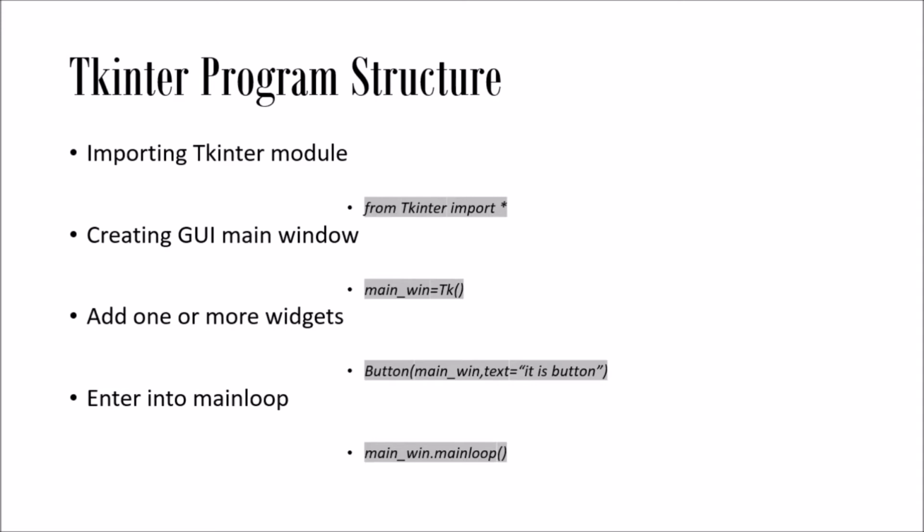Now after the tkinter program structure, next is widget management on the main window. How can you manage the widgets? Widgets mean things like button, label, entry. How can you manage them over the main window, meaning where you have to draw them, where you have to place them, and how? That is the management of widgets on the main window. There are three functions that can be used to manage the widgets on the main window.